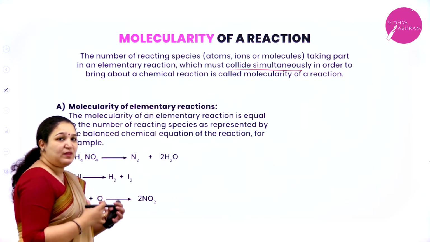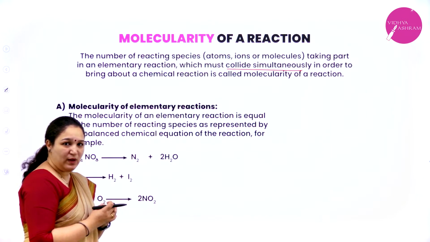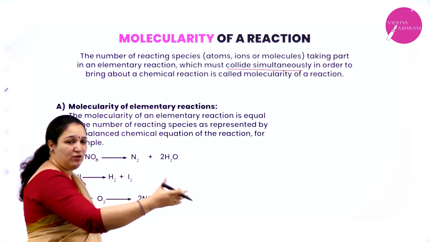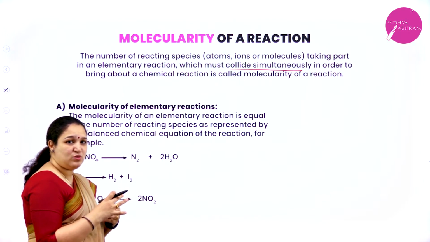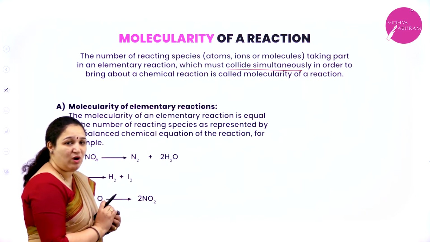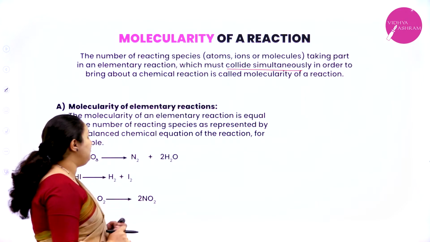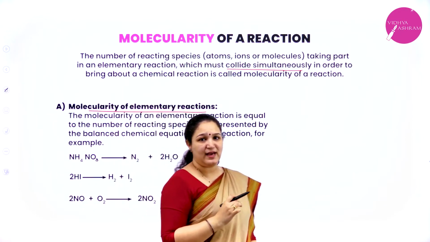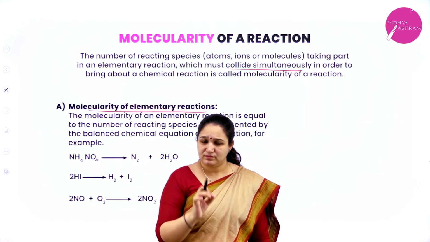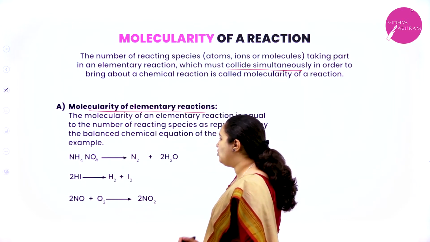So what is it? In a reaction, how many molecules should collide with one another so that they form a product? That number of molecules which are coming together is called the molecularity of a reaction. So we'll first learn about molecularity of elementary reactions. Elementary reaction means what? It is happening in just one step, isn't it? So we have